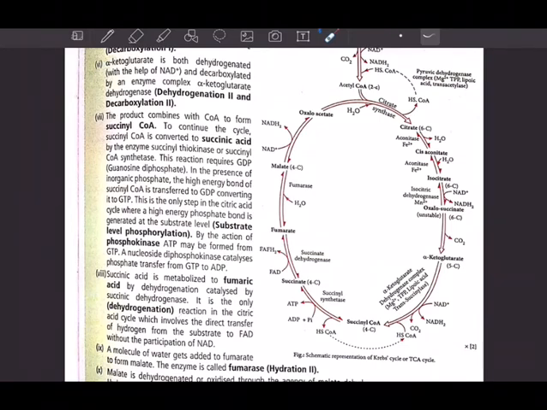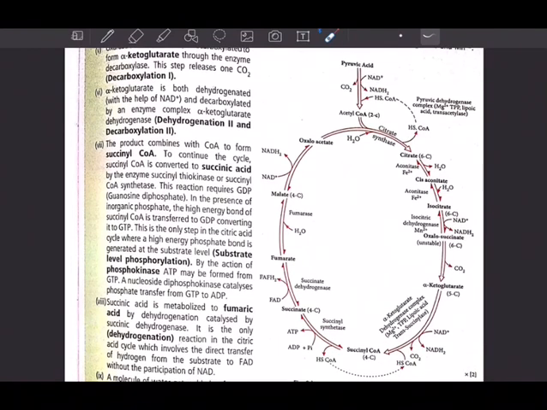Then you come to whether water is added, whether carbon is added, carbon is removed, NAD is formed, FAD is formed. At least I want you to remember where energy is formed, like isocitrate to oxalosuccinate, NAD becoming NADH2. Alpha ketoglutarate to succinyl-CoA, NAD is becoming NADH2. Succinyl-CoA to succinate, ATP, or you can write GDP plus inorganic phosphate becoming